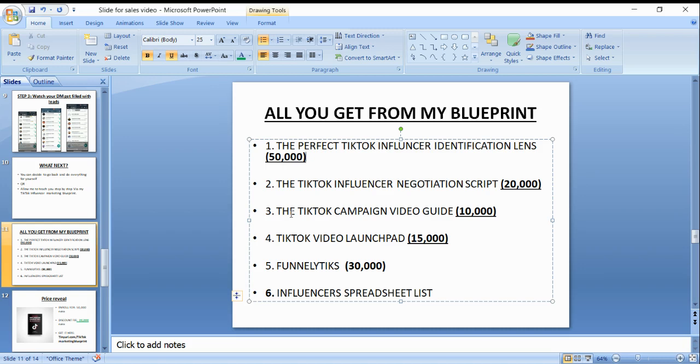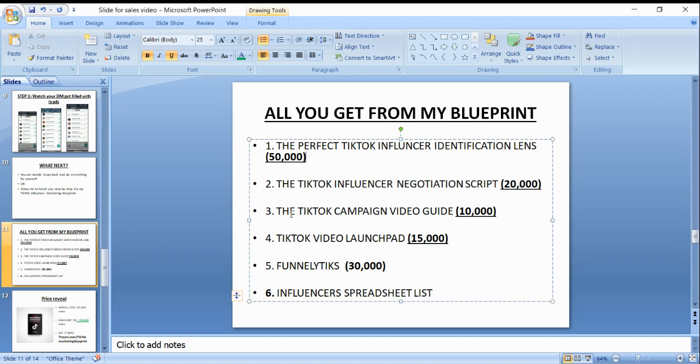However, if you know your way through it, the algorithm will not detect that you are trying to take people out of their platform. For example, they frown at certain keywords. There are some keywords you shouldn't use in your ads on TikTok so that they will not know you are taking people out of their platform.